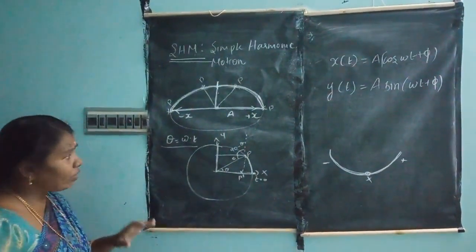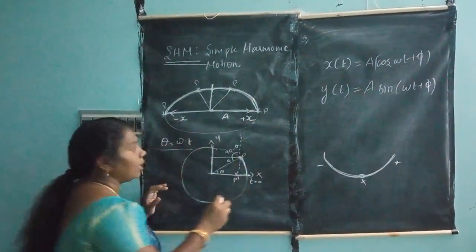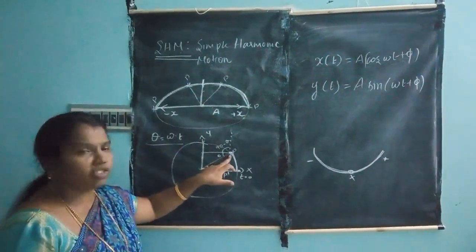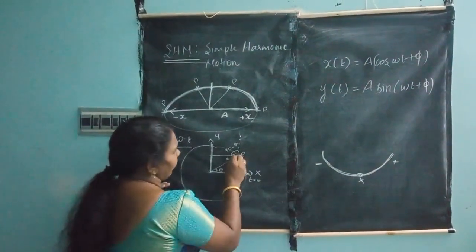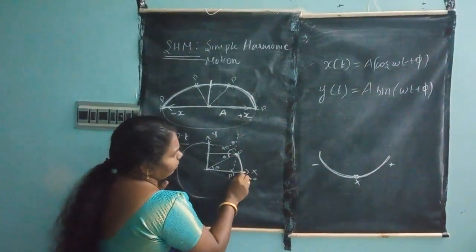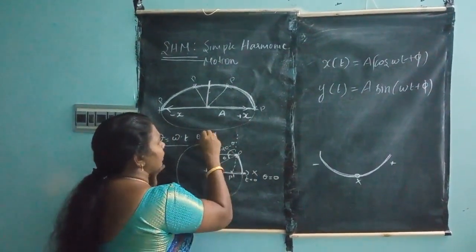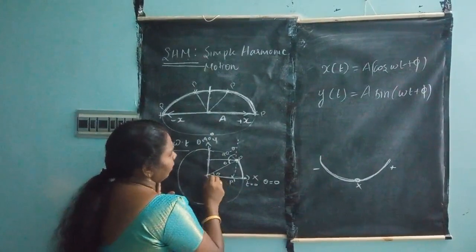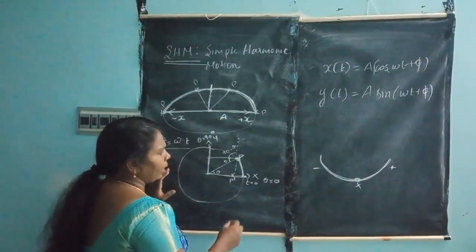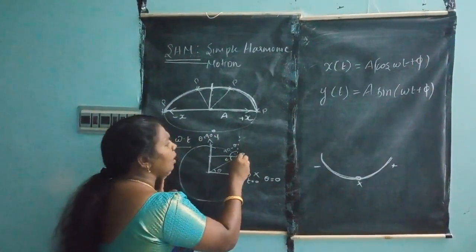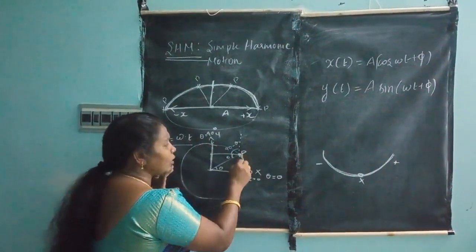See, if the particle is rotating and moving to this position, can you imagine this? It is moving to this position P. If it is at position P, what is the angle? If the particle is here, theta is equal to 0, and you know that here theta is equal to 90 degrees. Now theta is moving to some particular point, and you are considering this point as P. When I take the particle's components acting along the x-axis and along the y-axis, it is projected horizontally.